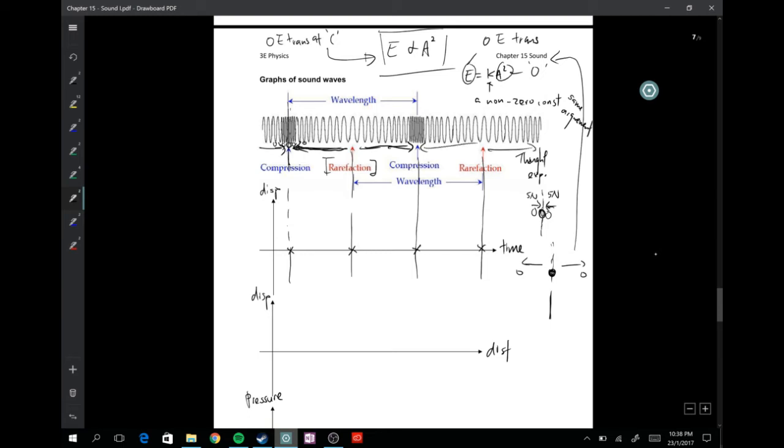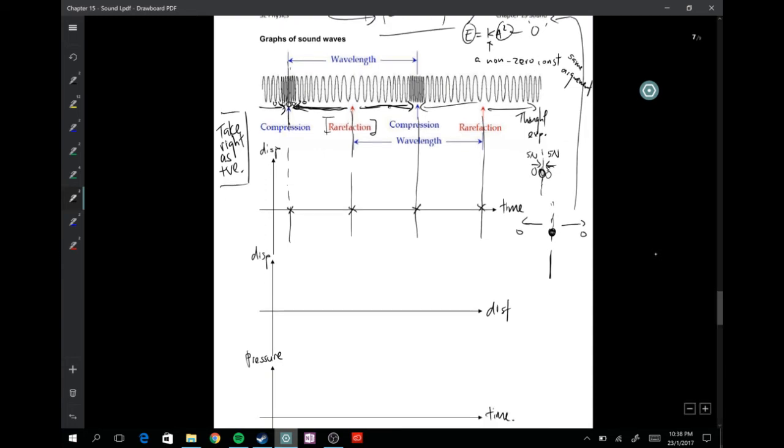Okay, now I want you all to write this. Take right as positive. If you want to challenge me, you can do so, no problem. Just write take left as positive, but for this case I'm going to take right as positive. There's not much of an issue here, really. If you want to take left, go ahead, it's just a vector thing.